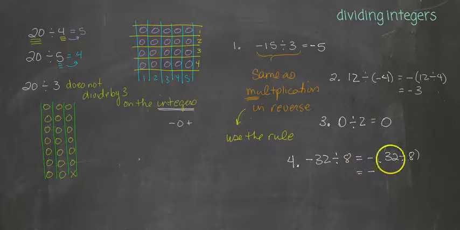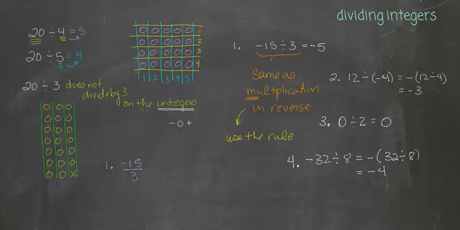So -32 divided by 8 is -4. So that would be your answer. All right, so let's do the same examples. We want to bring in some other notation. I'm going to do the exact same examples again, only I'm going to write them a little bit different. This time I'm going to write number 1,